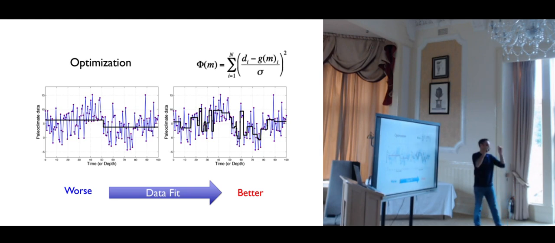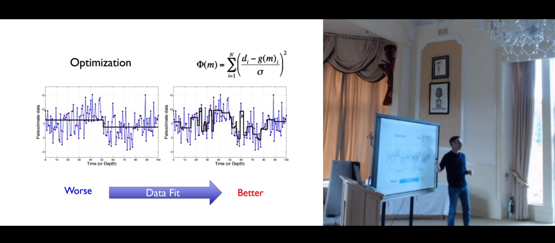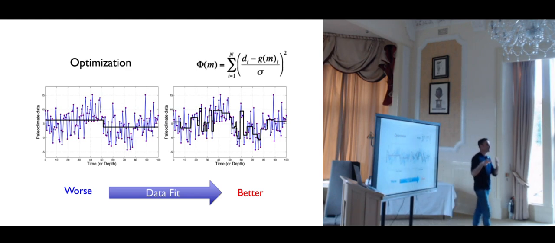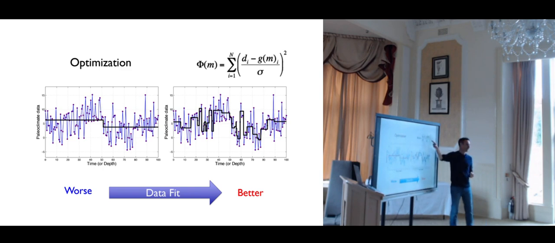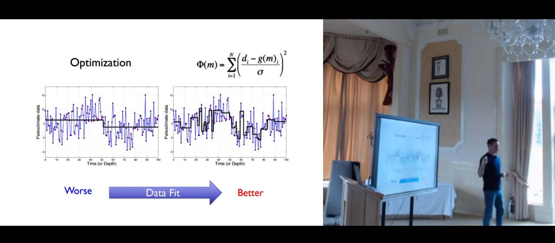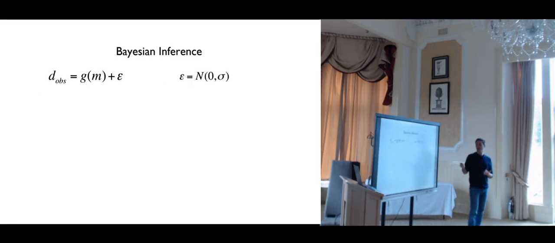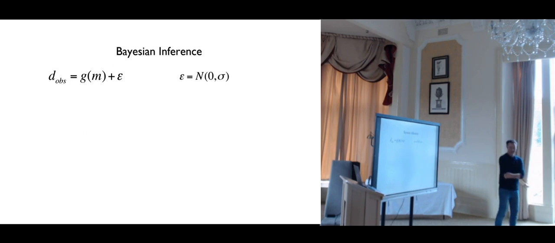It's exactly the same story with the little spheres at the surface when you look at the gravity. You can add more and more data until you fit the data perfectly. And so you see that we don't want to overfit the data. We don't want to fit the data over the noise, and that's why the noise here, the sigma, the standard deviation of the data errors, is going to be very, very important. Okay, so an optimization is not going to be a good framework to solve this problem. And that's why, instead of an optimization framework, we can use a Bayesian framework.